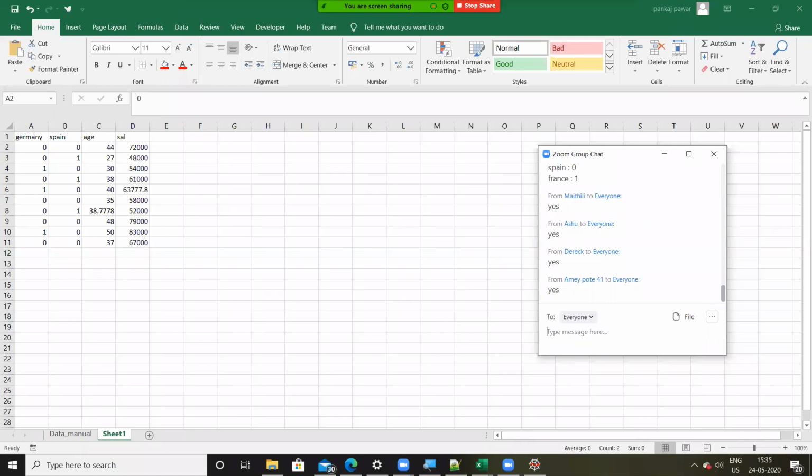Thanks Ashu, Derek, am I correct? So similarly, when we say Germany 0, if you take the row number 3, Germany 0, Spain 1. What does it mean? It means France is 0. You guys agree with me on this?